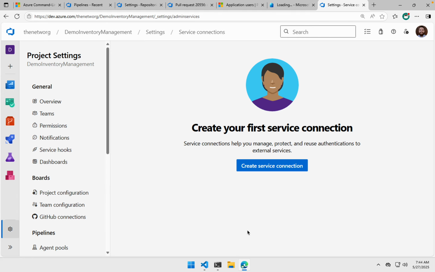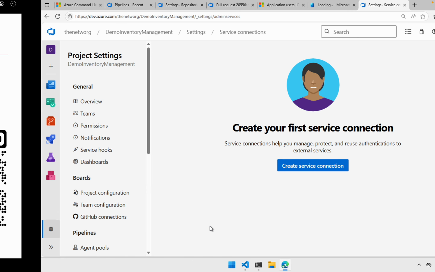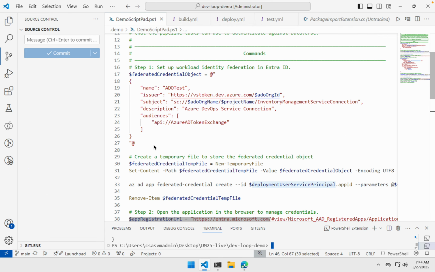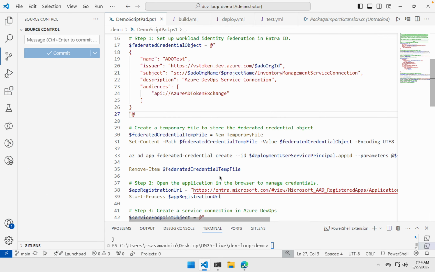Yeah, something failed. So you would be seeing a Power Platform service connection here, and